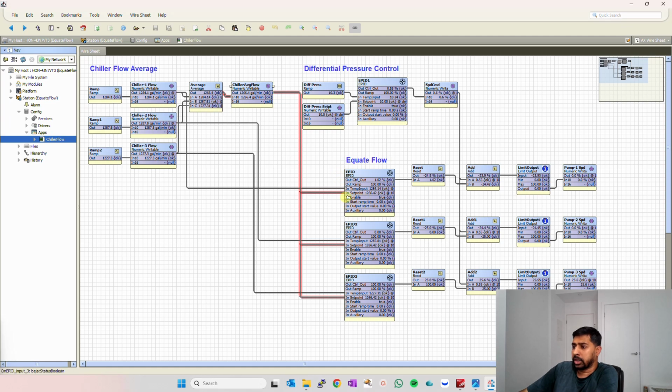Now, the only thing you will probably have to do in this one is, if our chillers are not running, you might have to add a chiller status here in your PID enable, saying, hey, this PID only gets enabled if the chillers are running. And likewise, even for the average, you could do the same. So all those nitty-gritties you can consider, but the major picture